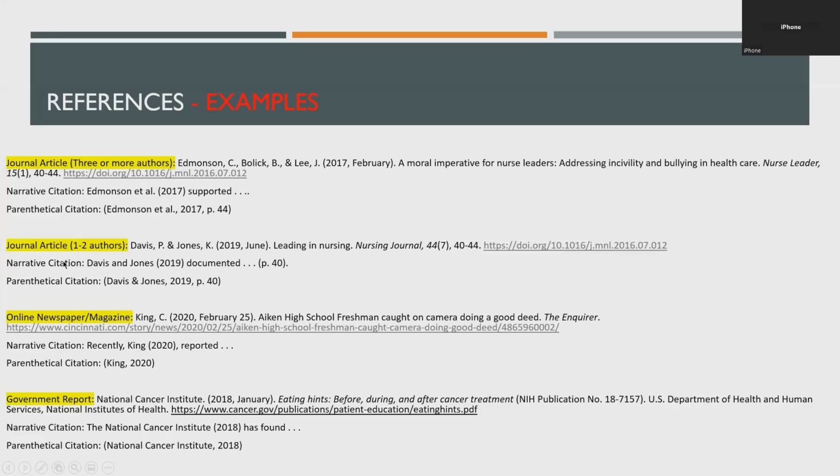And then notice in contrast that in our in-text citation, I do mention both authors. So if it's 3 or more, you can just say the first author et al. If there are 1 to 2 authors, you want to list all of them. So Davis and Jones 2019, or Davis and Jones 2019. And it's worth pointing out that in the sentence, I write out the word and. In my parenthetical citation, I use an ampersand, or the and symbol.